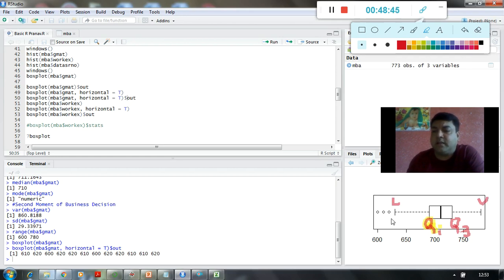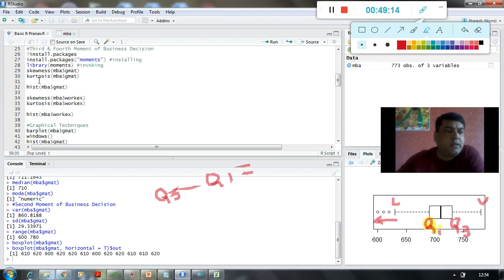So definitely, if you see, the values are towards the lower extreme, which means the formula that will work out over here is Q3 minus Q1, whatever value will be there for Q3 minus Q1. So let us calculate that as well. What is Q3 and what is Q1?